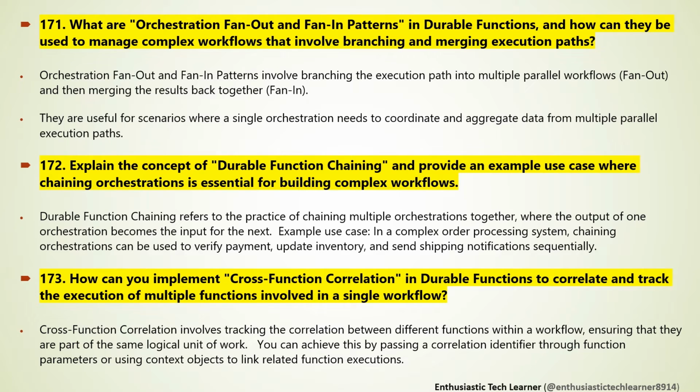How can you implement cross-function correlation in durable functions to correlate and track the execution of multiple functions involved in a single workflow? Cross-function correlation involves tracking the correlation between different functions within a workflow, ensuring that they are part of the same logical unit of work. You can achieve this by passing a correlation identifier through function parameters or using context objects to link related function